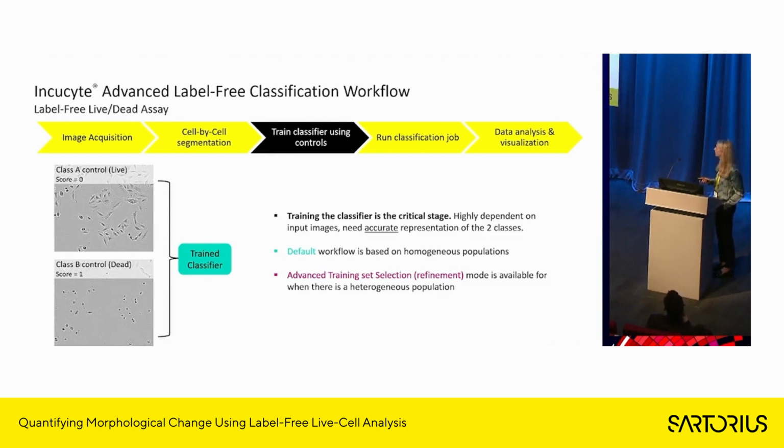So what multivariate analysis does here is it allows you to distill a number of different morphology metrics onto a single axis. And this gives us a meaningful score value on a range between 0 and 1. So in this example here, the live cells would have a score closer to 0, and the dead cells would have a score closer to 1.